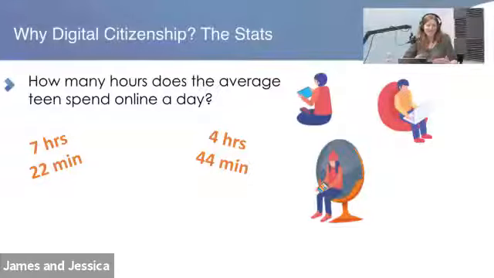They're on that technology. And this is another big why of digital citizenship. And to even add, I'm a mathematician in my background, and so I like my stats. So to add to these stats, not only do they spend a lot of time on their technology, but 29% of them actually sleep with their devices. So it's not so much, I'm going to tuck in my teddy bear. I'm going to tuck in my device, right next to me.